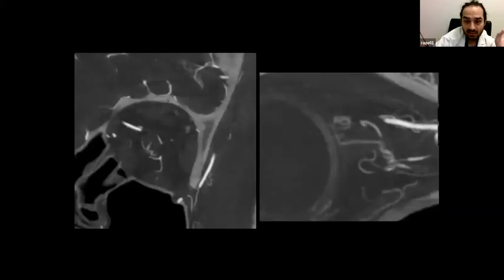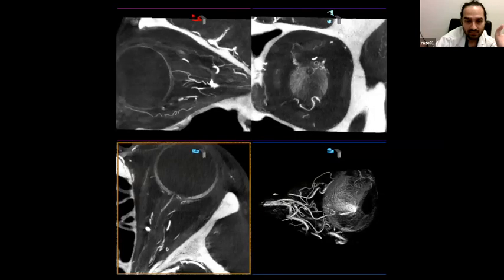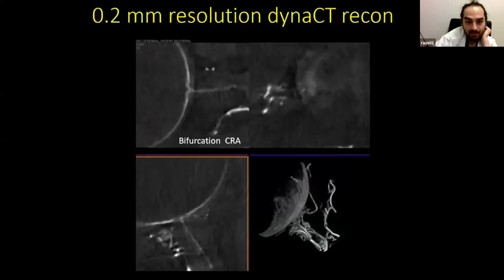there it is. When you look at these images, this reconstruction, you can see the central retinal artery, you can see the ciliary vessels, you can see the papilla, and then you can create a volume rendering and look at it in 3D. Look at this, for example, the central retinal artery dividing the upper and the inferior branch, or